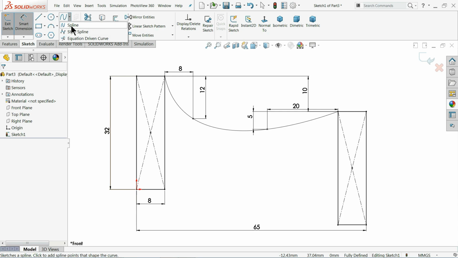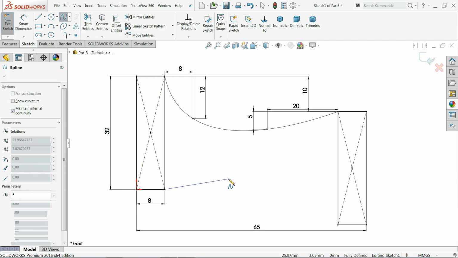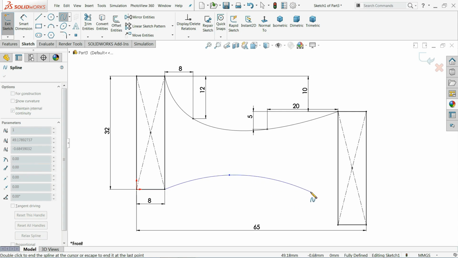Again we will choose the same spline, and this time we will start from here, one point here, one point here, and connect to this point.